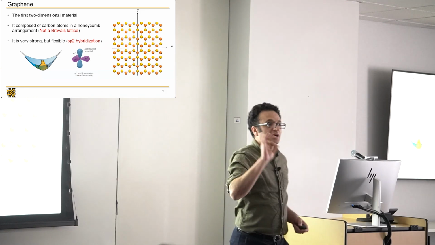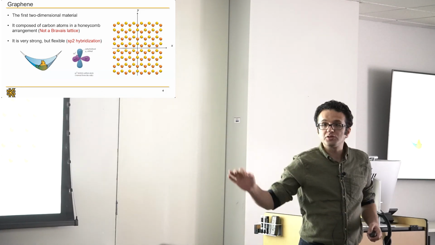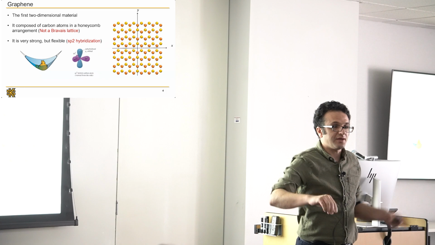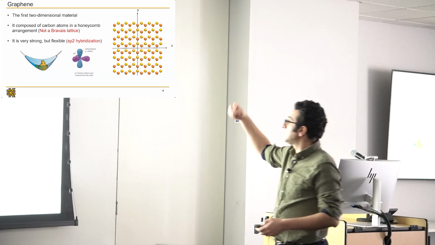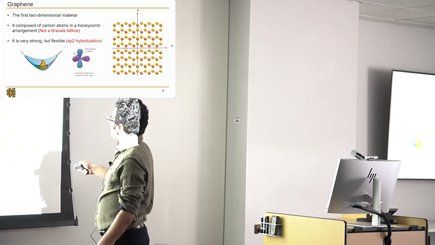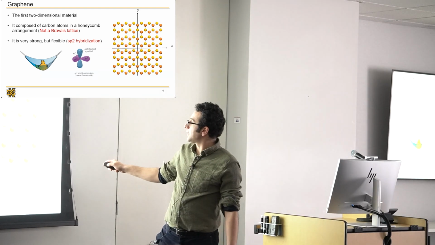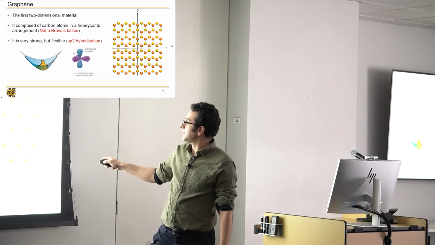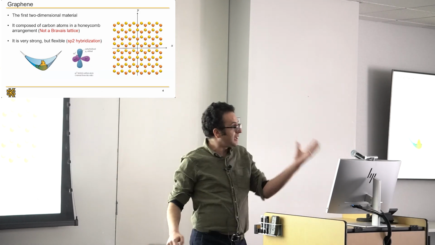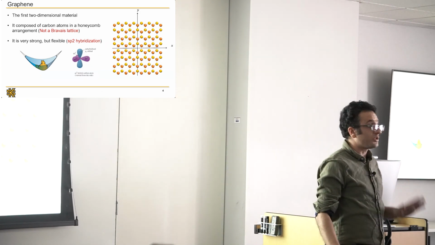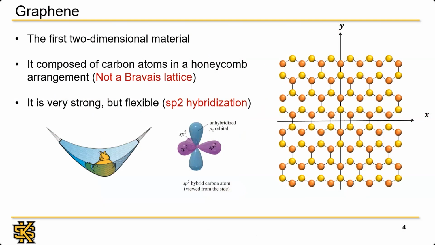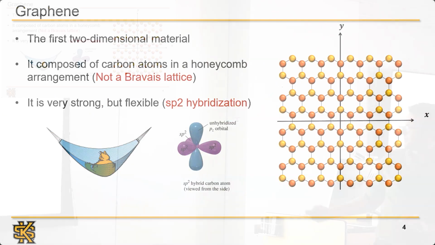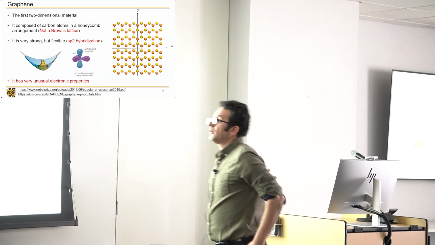These pz orbitals are the ones responsible for the conduction of electrons in graphene. As soon as there is a tiny overlap between these orbitals, my electrons can hop from side to side. And this is why the tight binding model, which assumes that an electron can jump from side to side, whatever is created here is annihilated from the nearest neighbor site, is a very good model to describe this type of material. It's a very simple method, but it works extremely well because of the highly localized pz orbitals. Now, this will lead to very unusual properties.